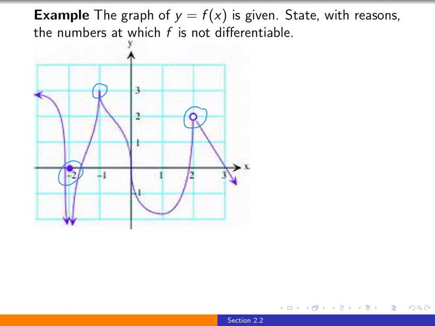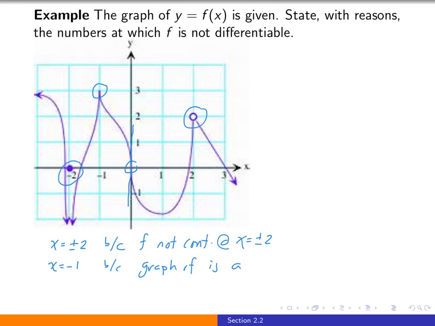And the other point I see is at 0, that if I draw in the tangent line to the graph, it's going to be vertical. So this function is going to fail to be differentiable at 4 points. At x equals plus or minus 2, it fails to be differentiable because f is not continuous at x equals plus or minus 2. At x equals -1, it fails to be differentiable because the graph of f has a cusp